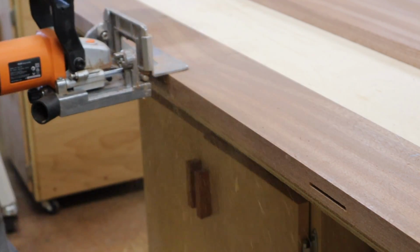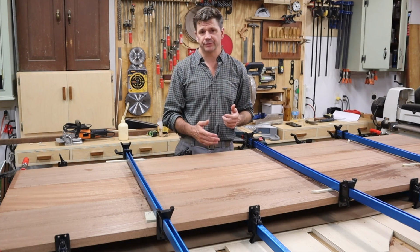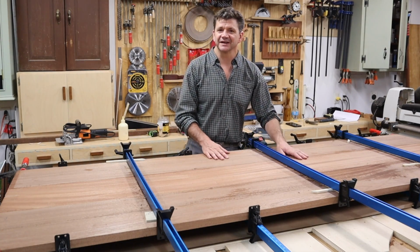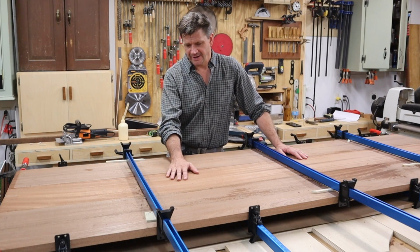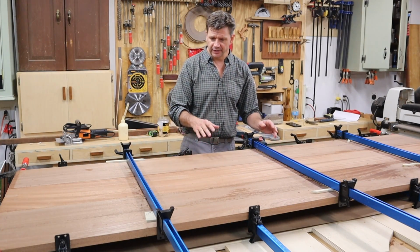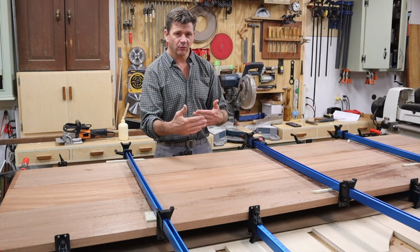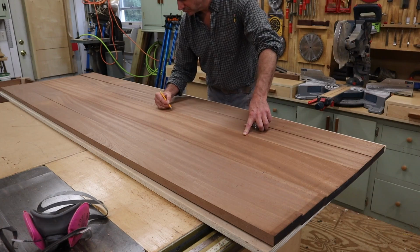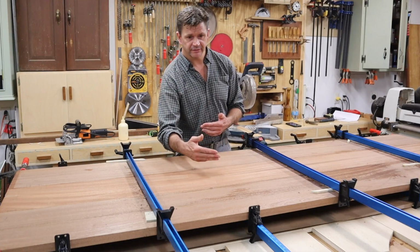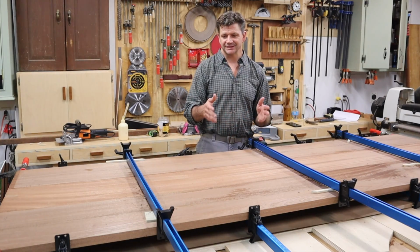Some people don't like biscuits. I think woodworking purists don't like biscuits, but I'm not so much of a purist when it comes to woodworking as I am a realist. And they just make gluing up boards a lot easier. So in this case, once I aligned the boards in the order that I wanted them to go together, I used the biscuit joiner to create the biscuit slots, and then I glued the boards up basically in 2